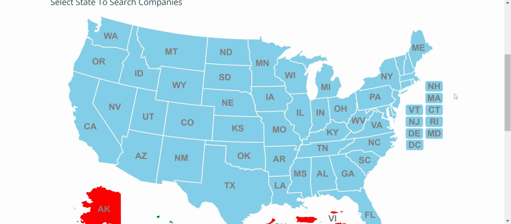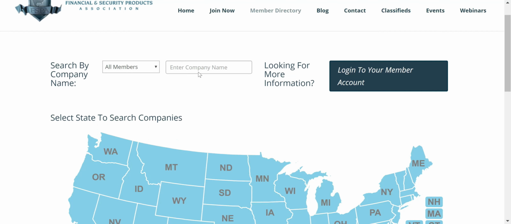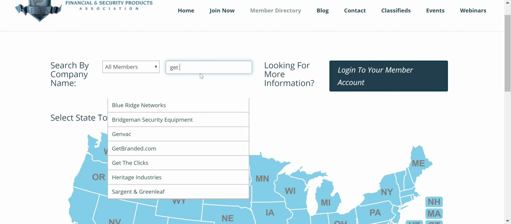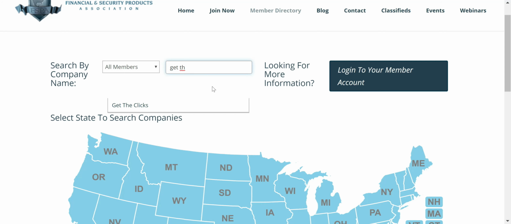In order to search, we go to the top, and you can say, okay, I'm looking for Get the Clicks, but I don't know exactly what area they service. So you're going to go up here and type get. When you do that, we'll see that there's Get the Clicks. If you click on Get the Clicks, you'll be taken to our member listing that we were on before. Again, Get the Clicks wanted to add something a little more modern with the website. We wanted to add that updated, clean, simple user experience, and I feel as though we really achieved that with